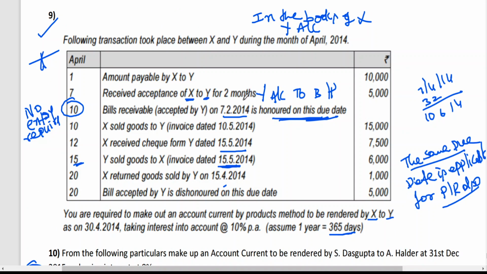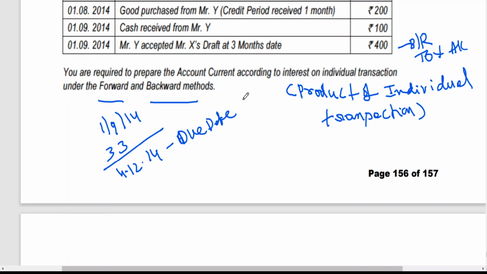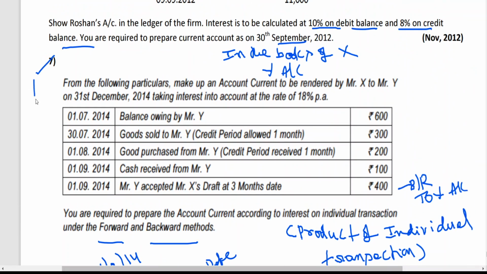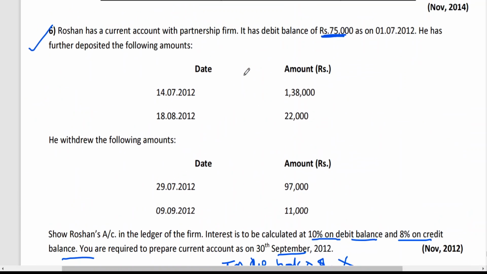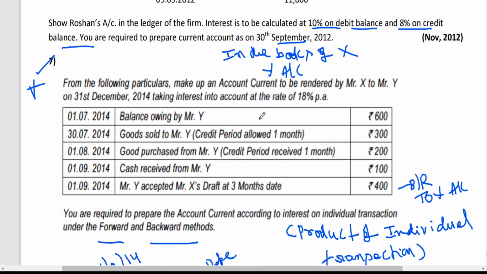I told you, whatever we have done is also an important model. Seventh is an important model. Please remember, sixth is an important model, and we have the same problem, the account current with Allahabad Bank. It is there in the study material. You can see that also. These three problems in today's class are all important. Older problems you can do simply. All the problems have been completed.